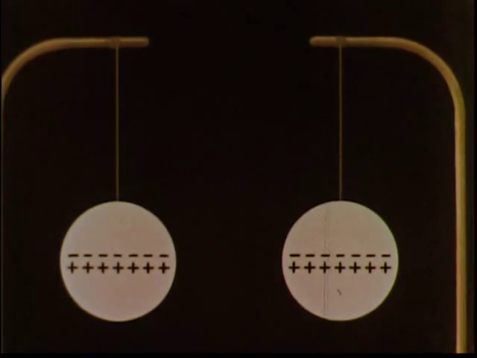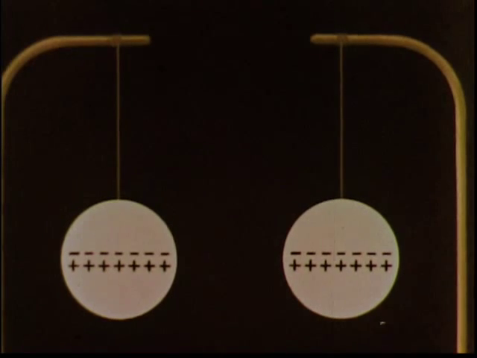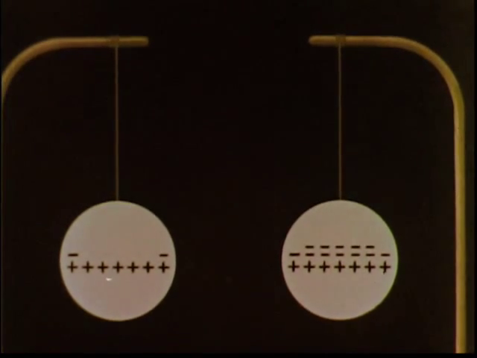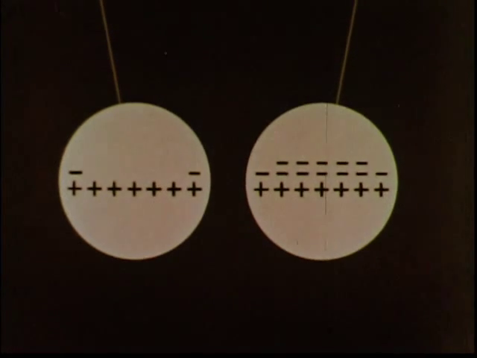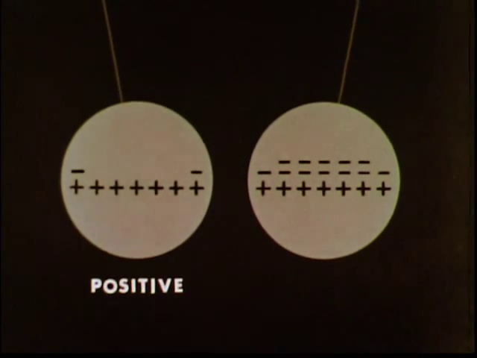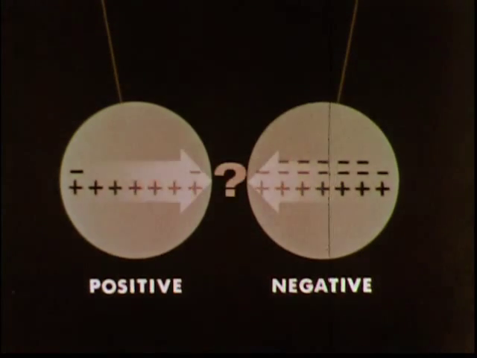When spheres are suspended from opposite electrodes, the generator can remove electrons from one sphere and add them to the other. Attraction occurs. The left sphere now has a positive charge and the right a negative charge. The attractive force between the unlike charges caused the spheres to move together. How can this force be measured?